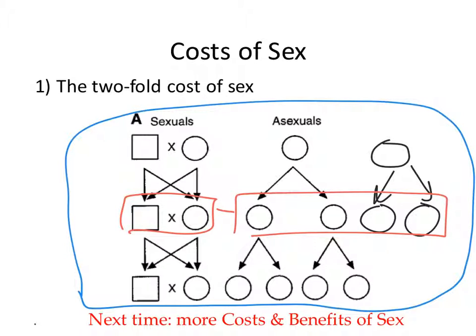You don't need to find a mate, that's a benefit. Your population has already increased, so your chances of acquiring food have increased. So there's something about the number of offspring you have that's important here. You don't have to eat as much to produce as many offspring. One individual produces two offspring instead of two individuals producing two offspring.